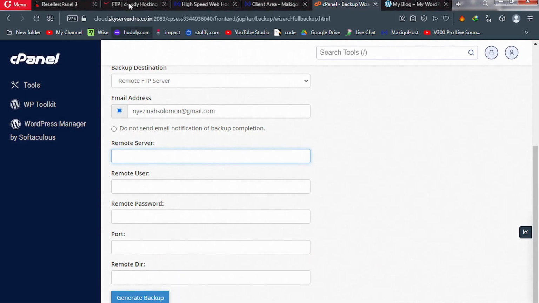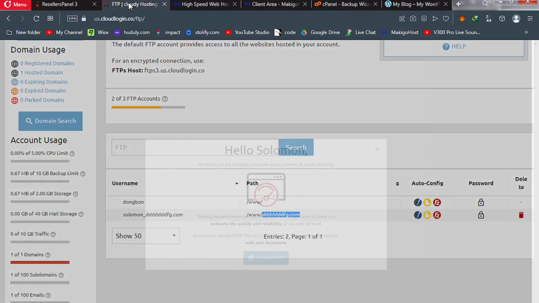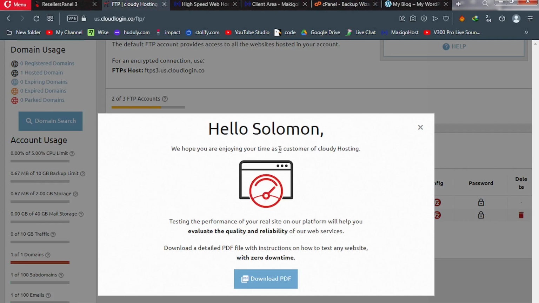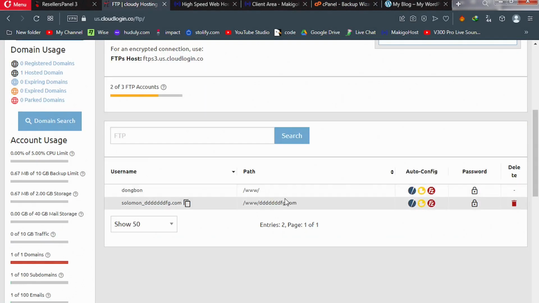So go back to your own hosting. And remember our FTP details that we created. Okay. We're going to copy those details. So I'll simply click here. And this is my FTP name. Just click on this. And then go back to your old